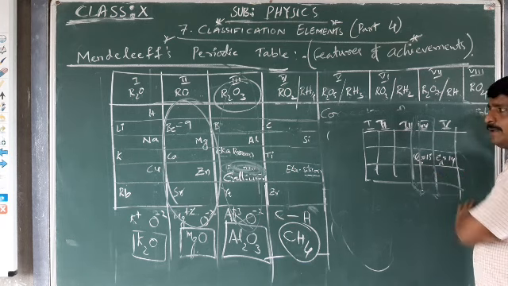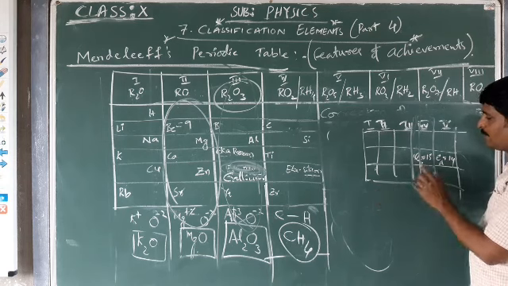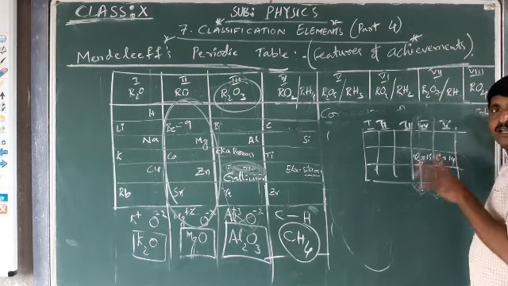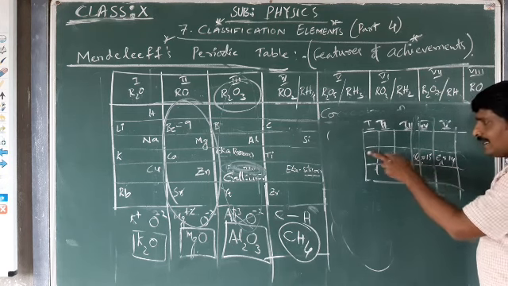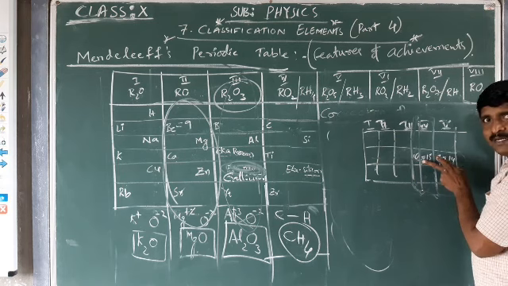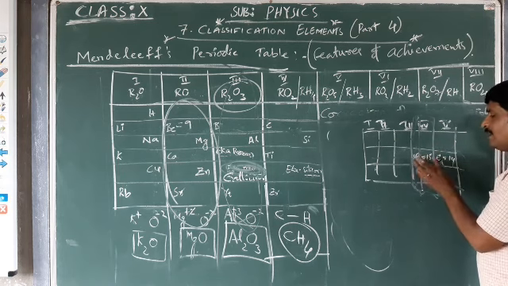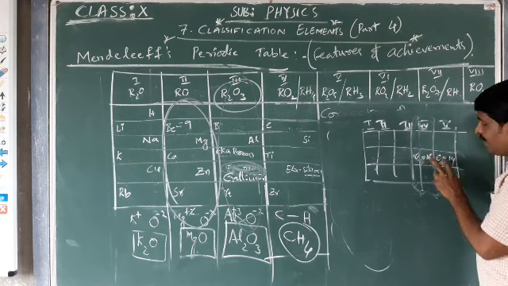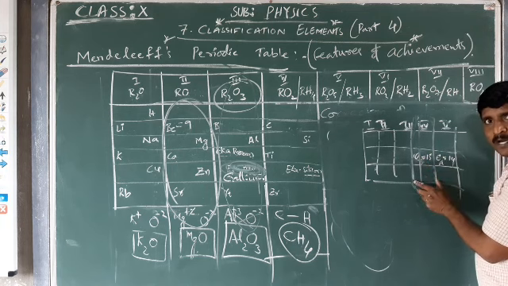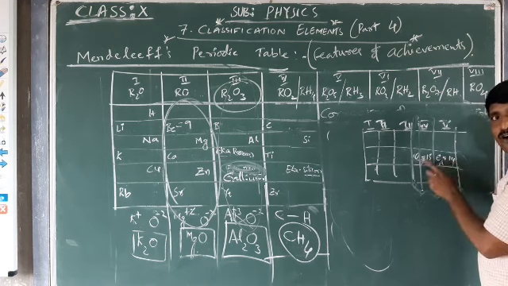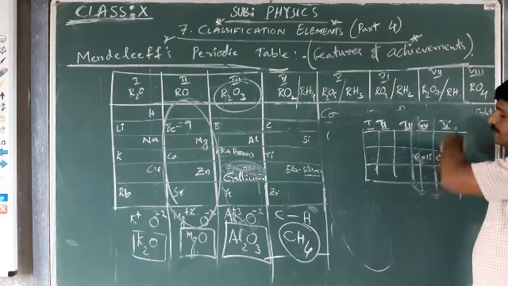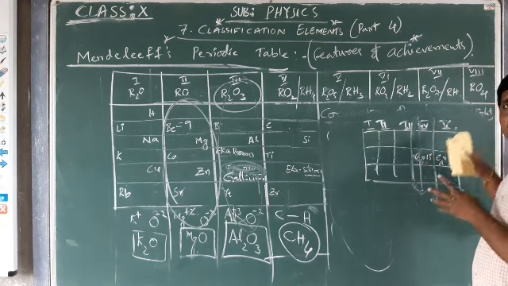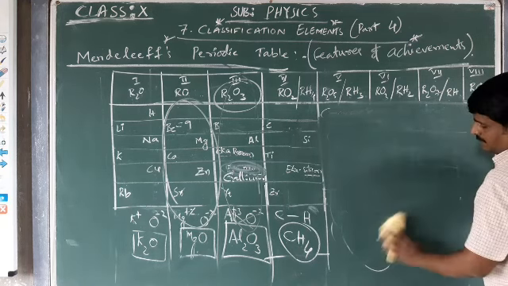This is all just an example, so don't take EB as 15 and EA as 14. I just took an example to make you understand what an anomalous series is. Anomalous series means that whenever the elements are arranged in ascending order, we find there is an interchanging of the elements, making the elements sit in the proper group, even without considering this ascending order of the atomic weights. Even though they are not following the ascending order of atomic weights, to make them sit in the proper group, the elements are interchanged. Okay, that is called an anomalous series.